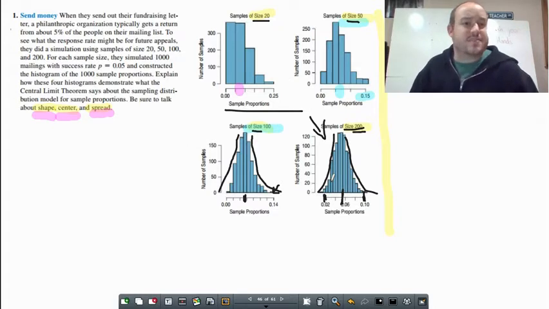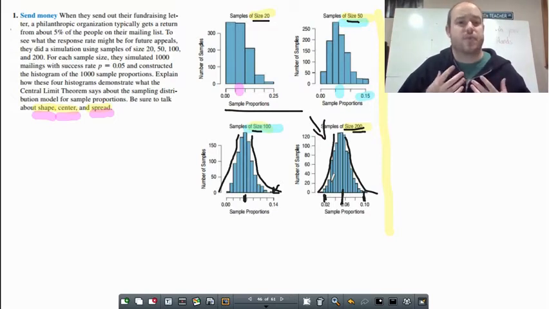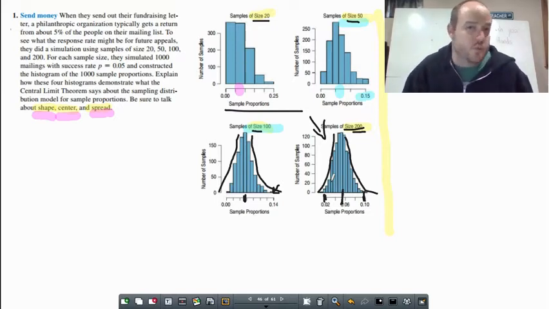So that kind of defines the central limit theorem. Those three things are what the central limit theorem hits. So that's how these four pictures would represent that. Now, obviously, I did a very long-winded version of all of that, and you wouldn't want to write all of that down. But in general, if you were answering this question in words, I think you would want to talk about the fact that you would say,